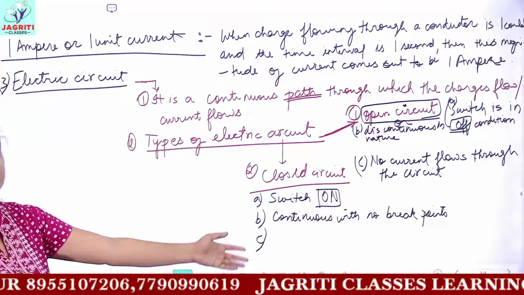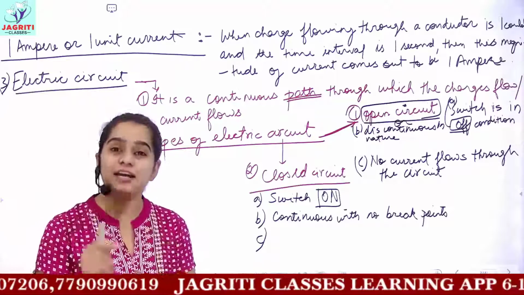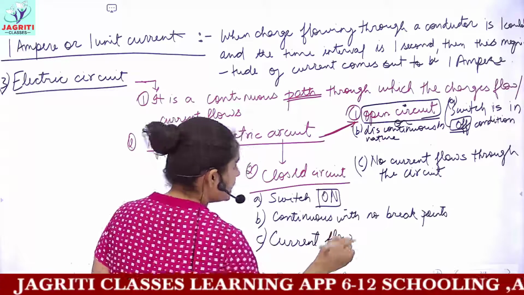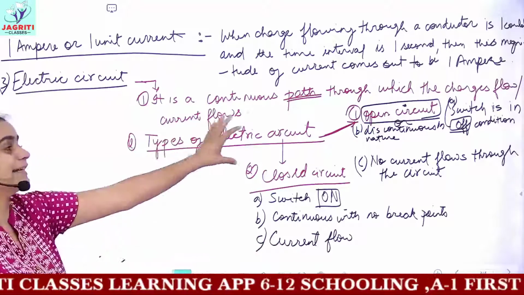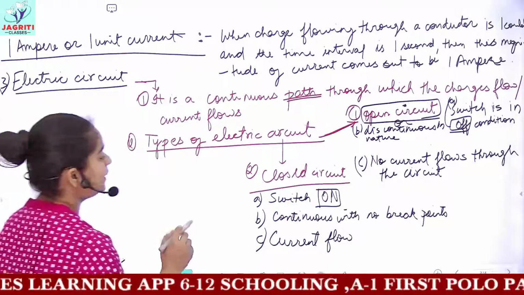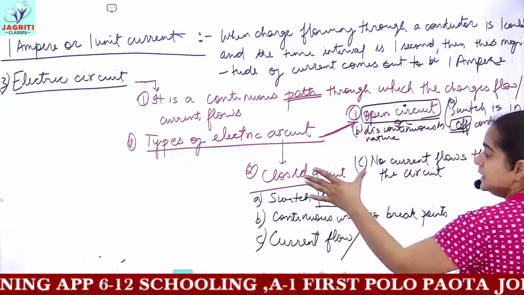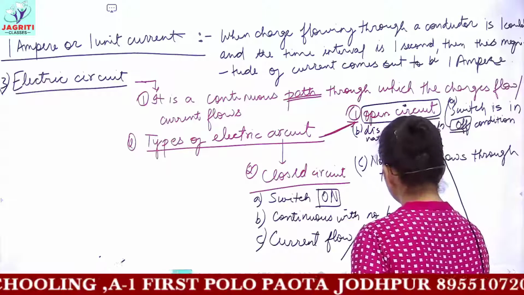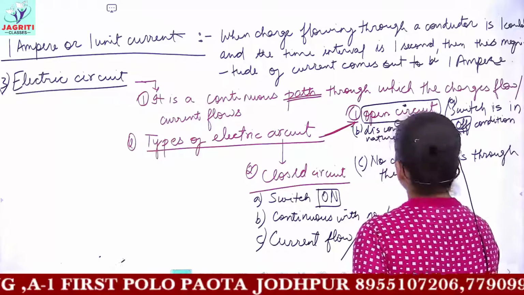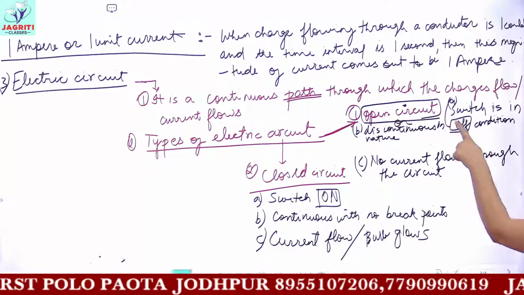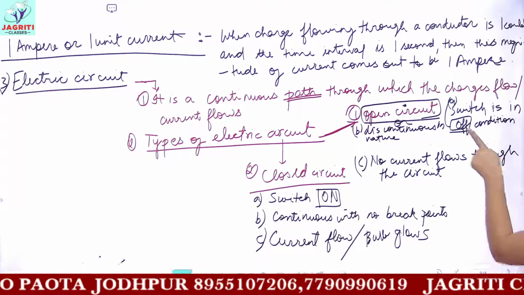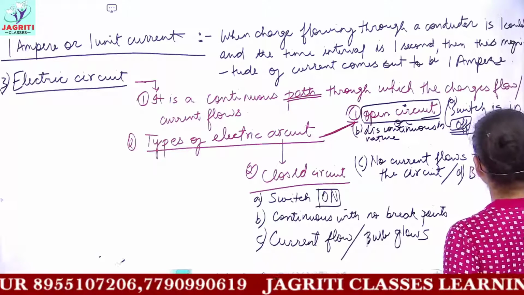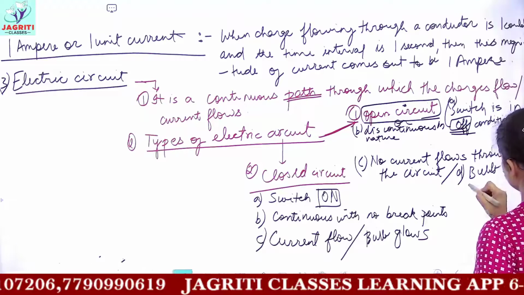And the third one is closed circuit. In closed circuit, the current or charges will definitely flow. So in this, the current would flow. And if you are having a bulb which is connected in both the type of circuit, okay, so what will happen? If you are having a bulb connected in a closed circuit, then because current is flowing in the closed circuit, the bulb would glow. Bulb glows. Whereas if you have a bulb which is connected in an open circuit, then the bulb would not glow, because you see the switch is in off condition. So you can write the D point, that if you have a bulb connected in such circuit, the bulb does not glow.